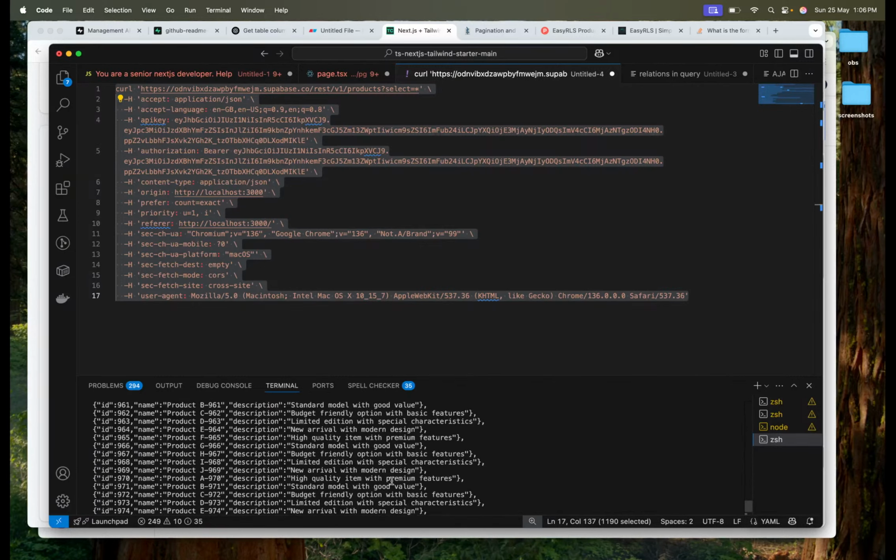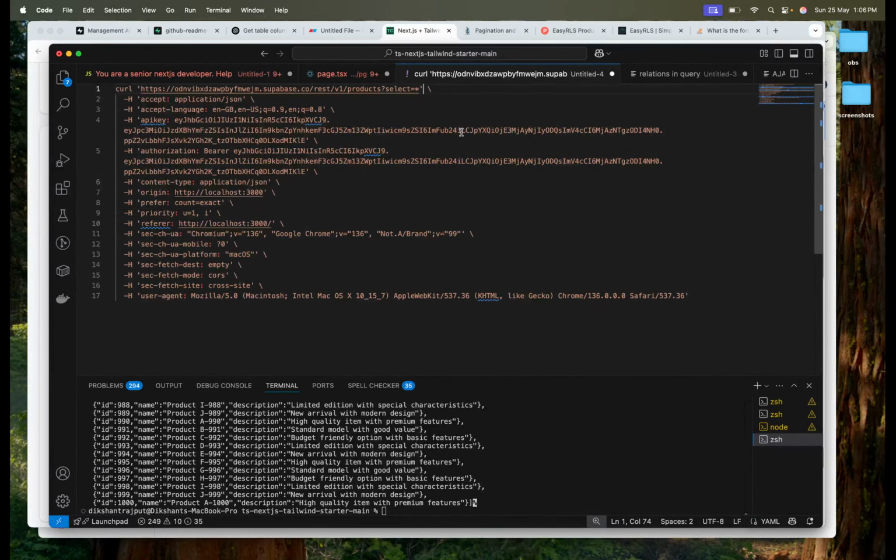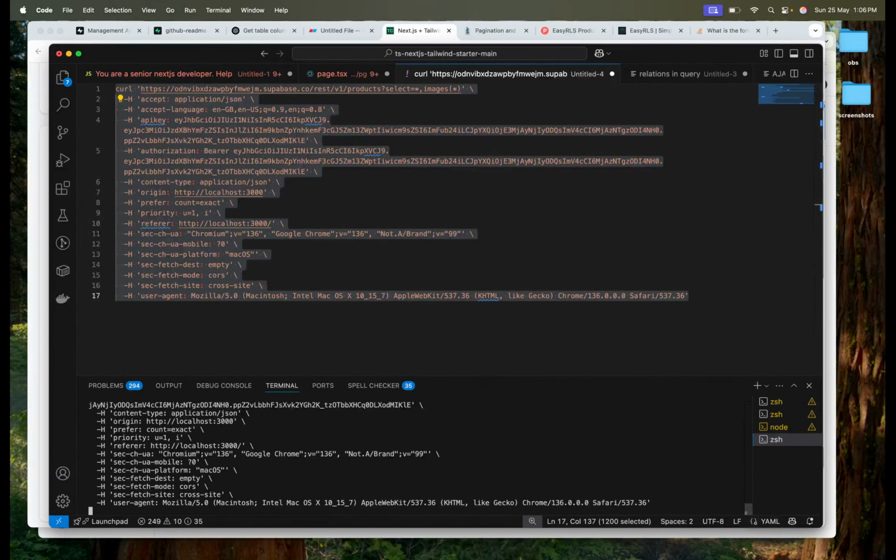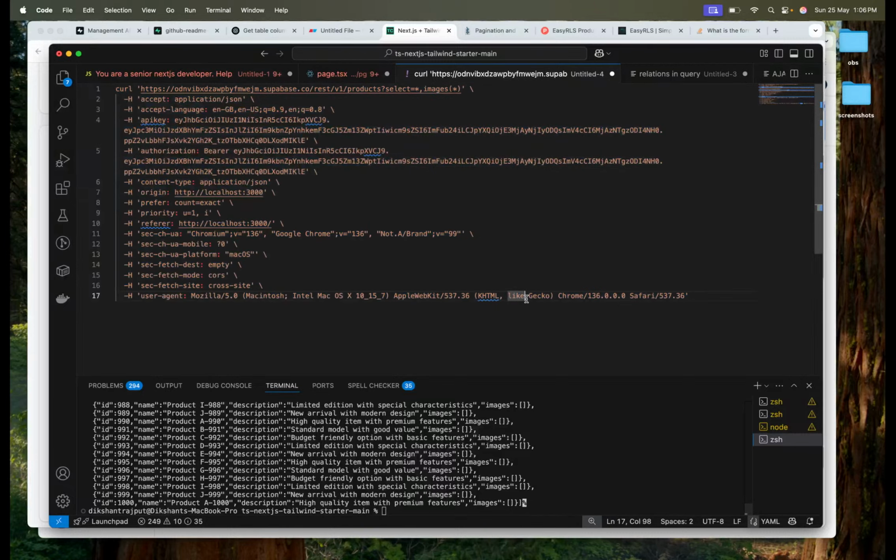If we directly hit it, we are getting the data, and if we hit it with this, then we are getting images. So this value is most probably